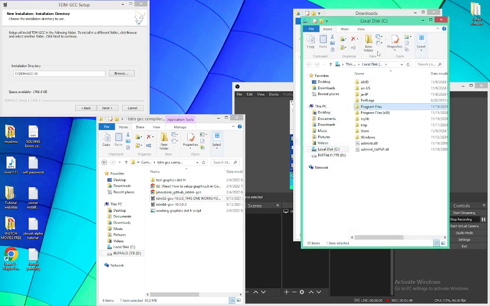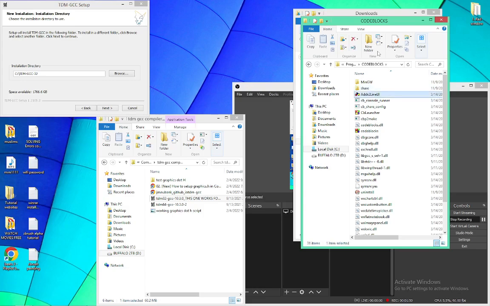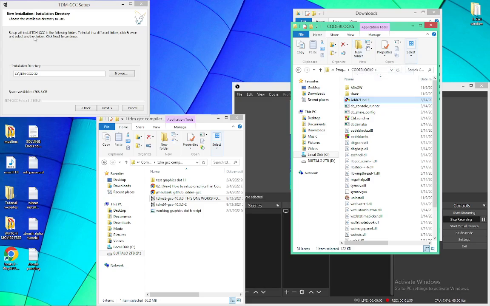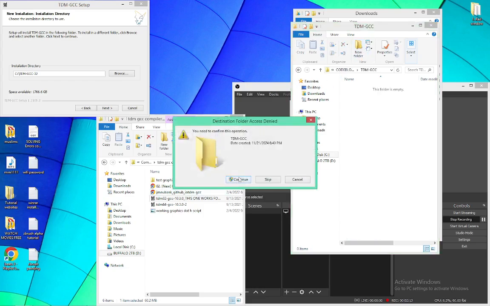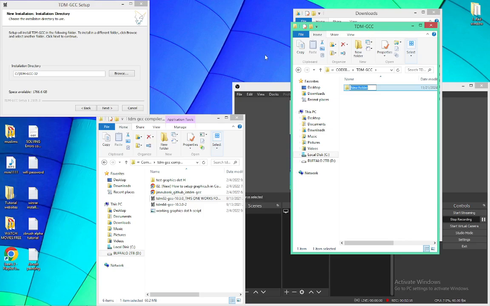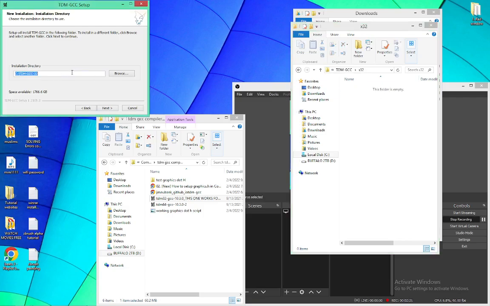Open the window, and this is where our Code::Blocks is. Okay, so what we want to do, we want to create a new location where we can install our compiler. Okay, so we'll go new, continue, and we'll call it TDM GCC for this new folder that we created. Okay, and inside here we're going to create an X32 folder, which means 32-bit. X32. Okay, and we want to take this path right here, copy,